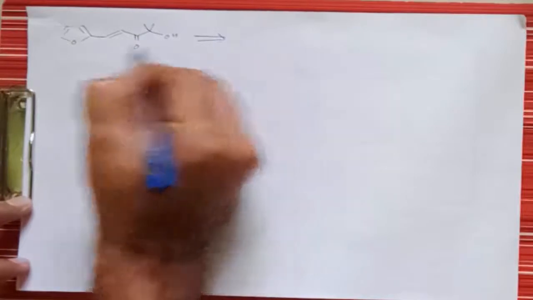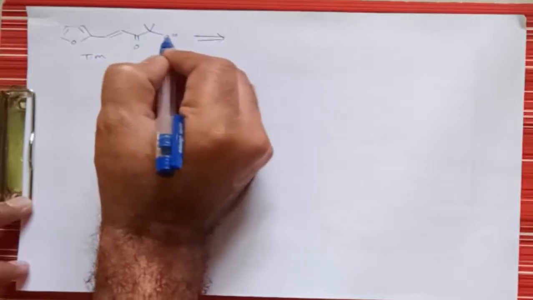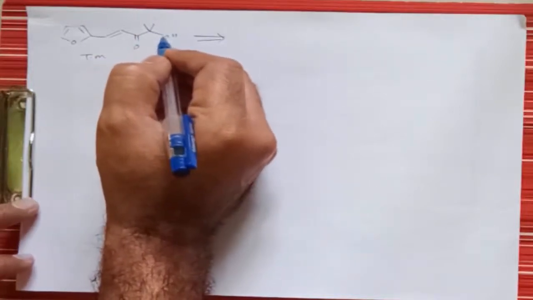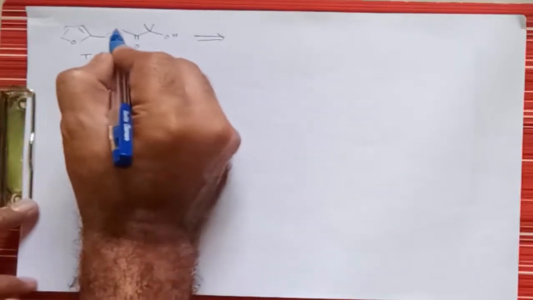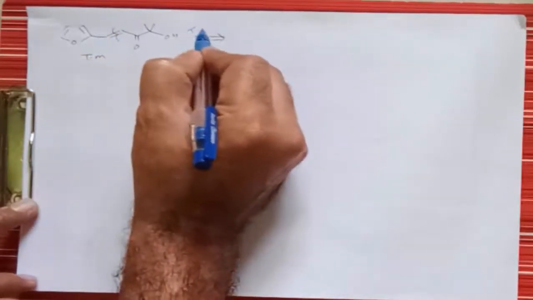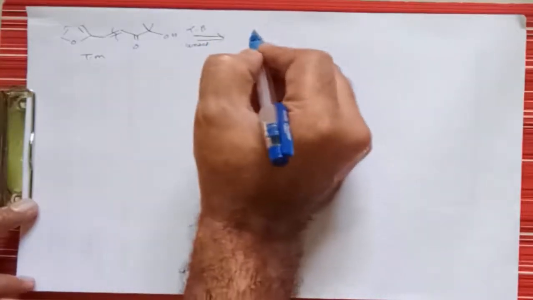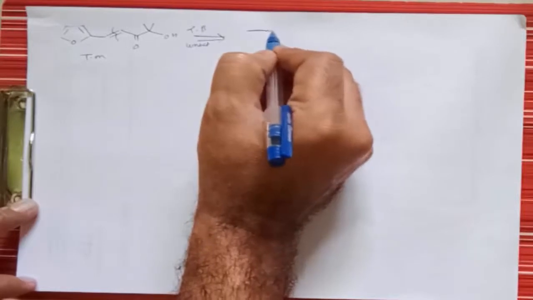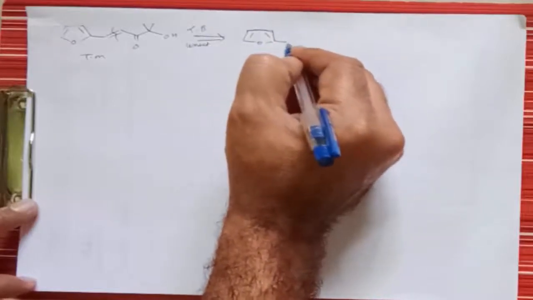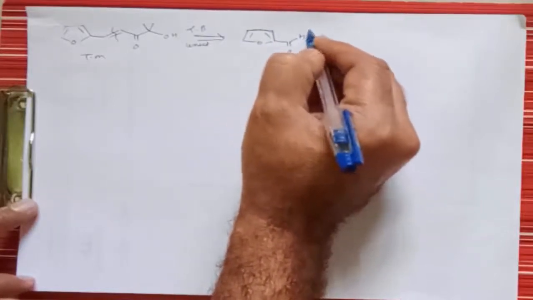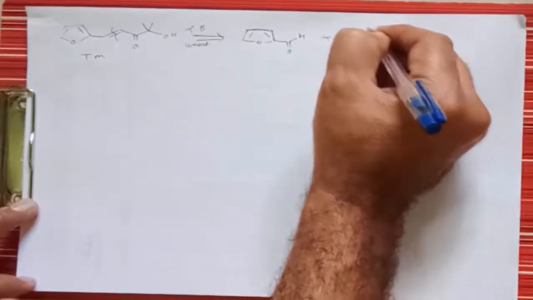So this is the target molecule, and in that target molecule we can say this is a carbonyl compound, and at the alpha position there is a hydroxy group, so it is an alpha hydroxycarbonyl compound, and there is again an alpha beta unsaturated carbonyl compound. So first we can break the molecule at this position, that is the alpha beta unsaturated carbonyl, right? From one side it gives a nucleophile, and from the other side it gives an electrophile. Suppose here we can take an aldehyde, and from the other side we can take the ketone, like this, right?